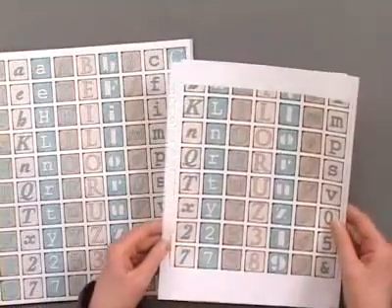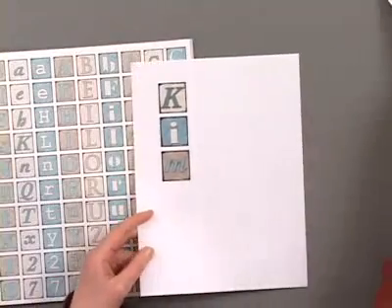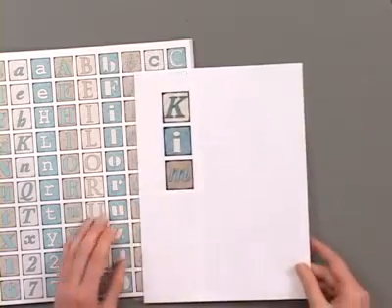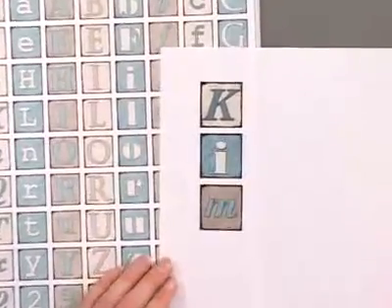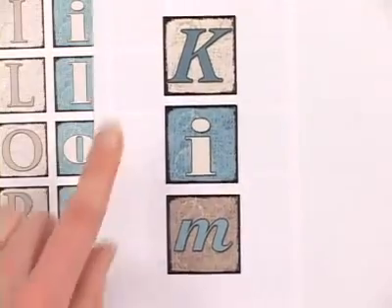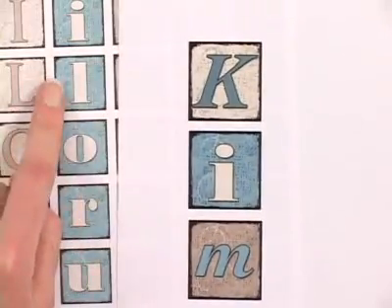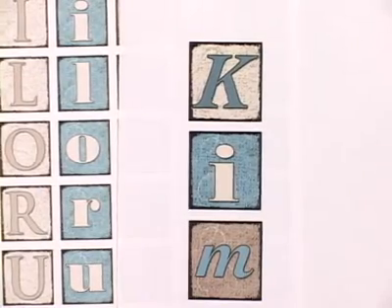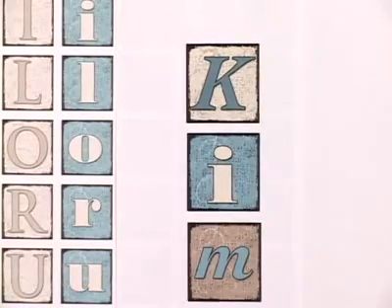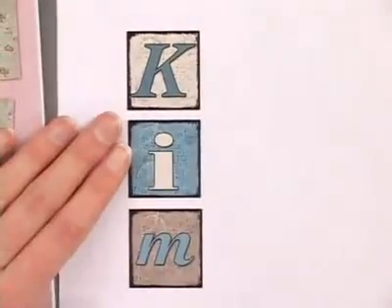And the third option that we explored was looking at blowing up some of those letters and selecting only the letters we wanted to print. This will save you some printer ink and also some paper. Here we've spelled out a name. We've made those tiles a little larger than the ones that you would find in the book. So again, you can really choose which printing method is going to best serve the project that you're working on. And you have lots of options, whether resizing or using specialty papers to customize